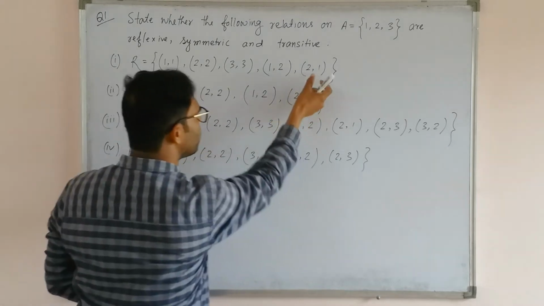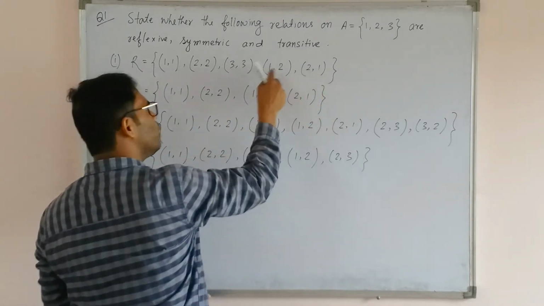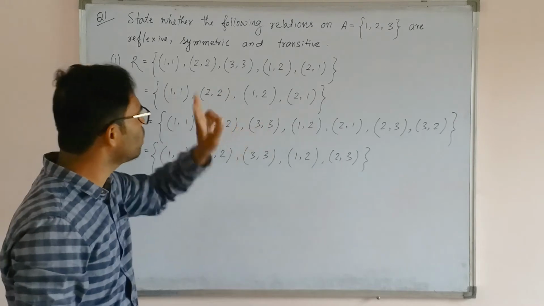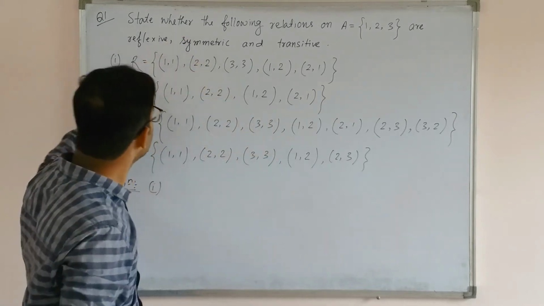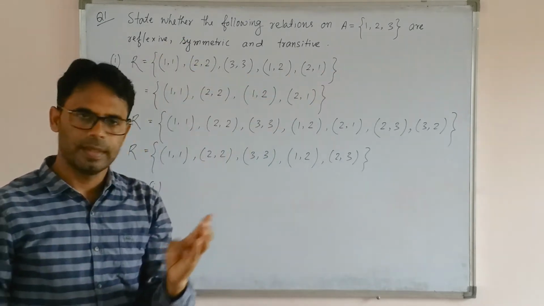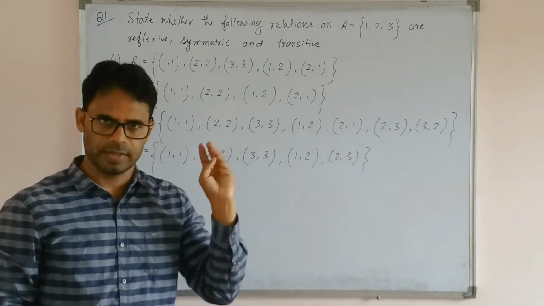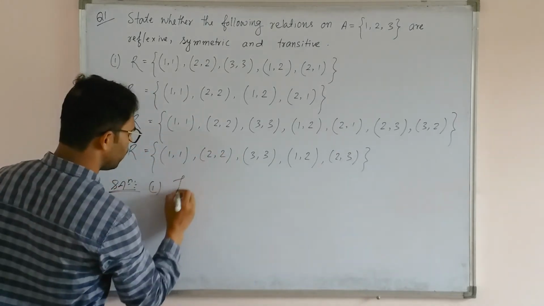Similarly, 2 1 in front, then 1 2, dropping 1, we get 2 2, and that is also in R. So this relation is reflexive, symmetric as well as transitive. So you can directly write the relation